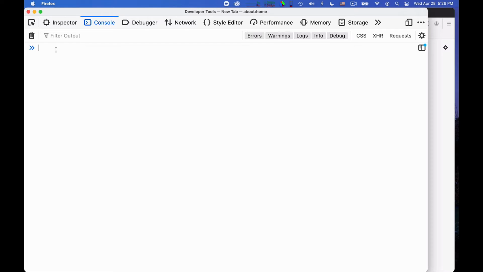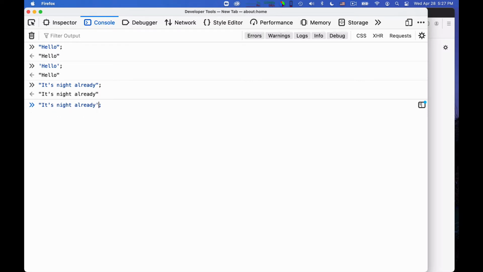So first of all, what are the data types? Well, the basic data types are strings like "hello". You can also use single quotes. And you can also use the other type of quotes embedded in the quotes you're using. For example, "it's night already". And this will work. You could also write these using single quotes to begin and end it, in which case you would need to quote the quote. It's less convenient, but you can do that for strings.